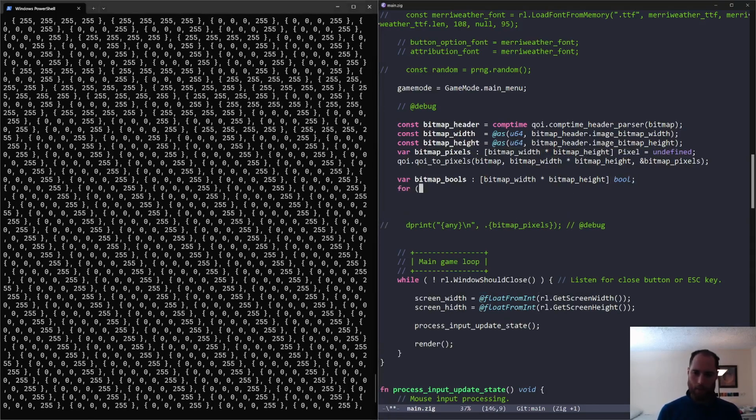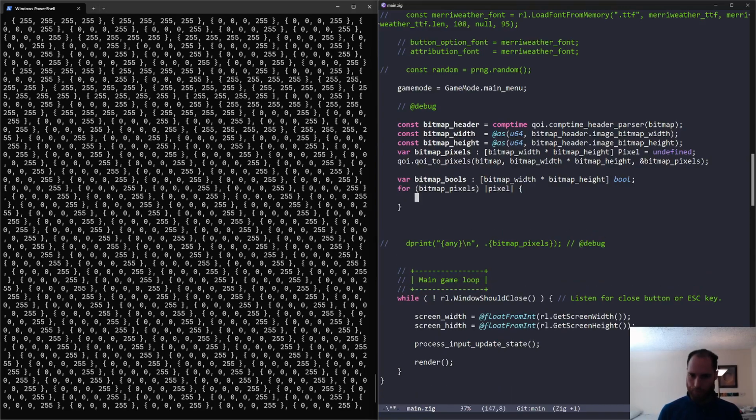So why don't I say for every pixel in the bitmap pixels, we want to keep track of indices. Set the ith one of these to